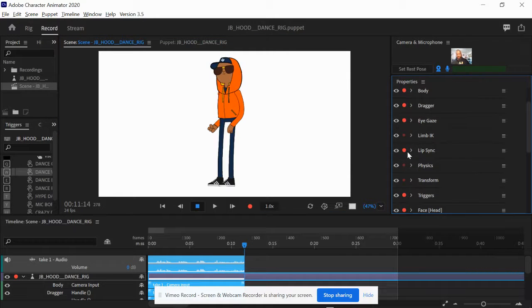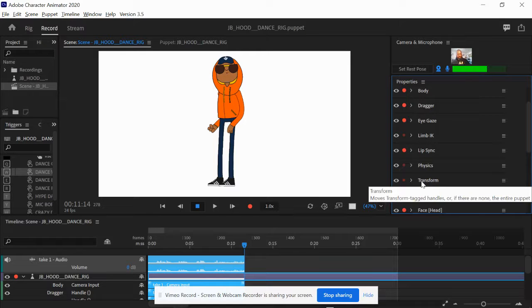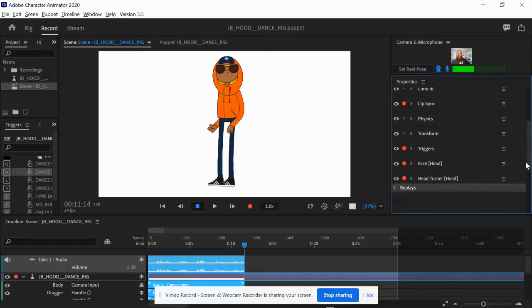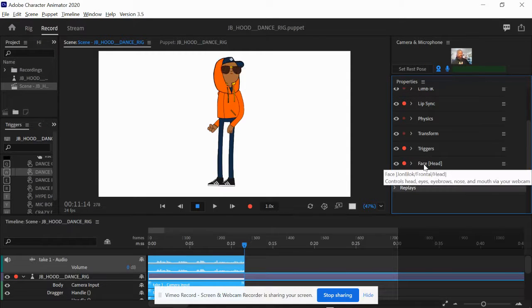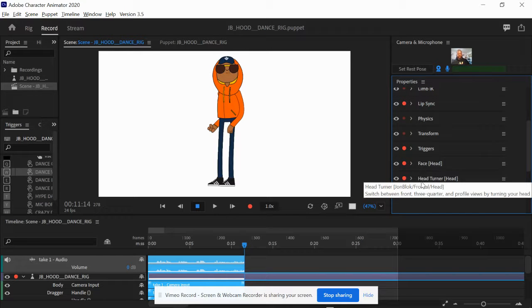Lip sync, tracking my lips, of course. Transform, which is a scale. Triggers, which we're going to leave on, which are the dances that we have programmed in. Face, this is how it records my face. And head turning. Now, all I really want to record now are the dances, so I'm going to turn everything